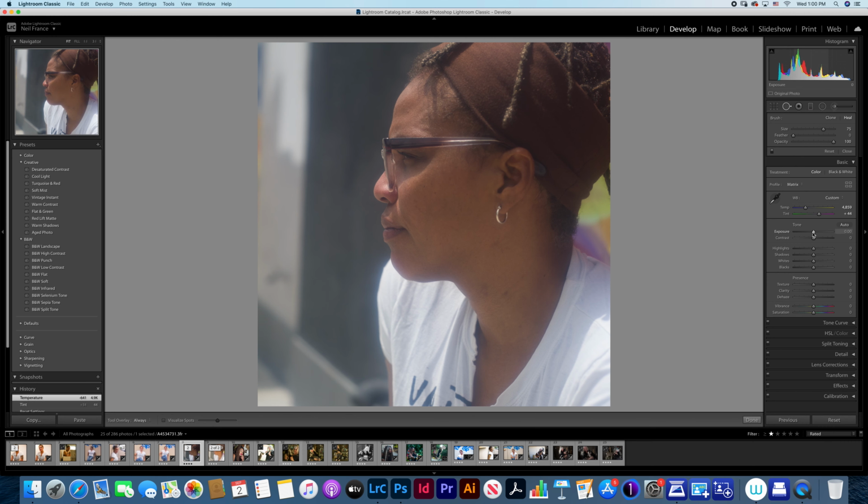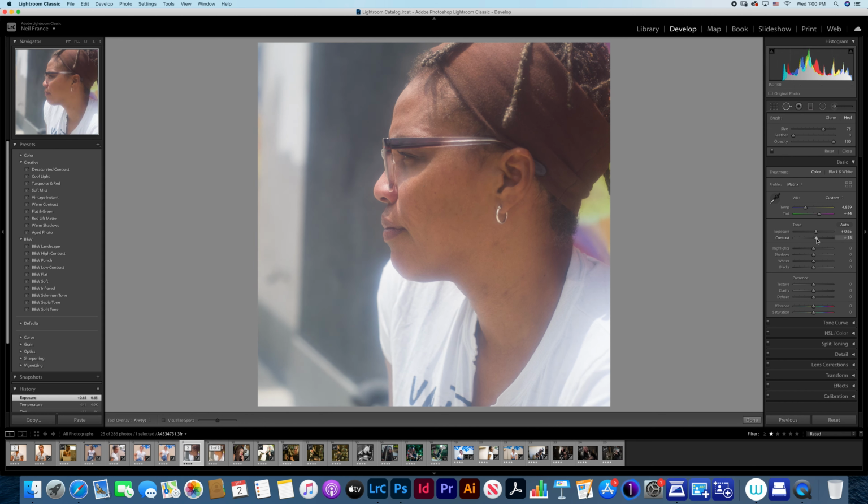Then I'm going to bring up the overall exposure just a tad. I'm going to bring up the contrast just a bit. I'm going to bring down the highlights because as you look at the white t-shirt, it's just glowing in the sun. It's cool that it's glowing. Then I'm going to bring up the shadows, the shadow detail a bit.